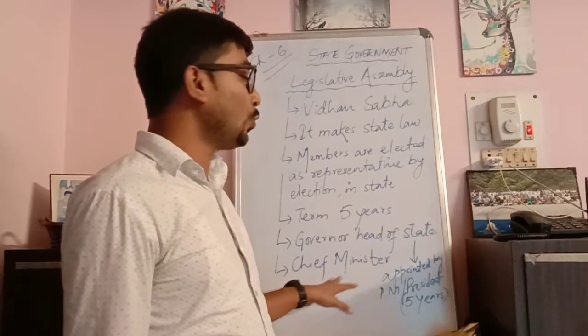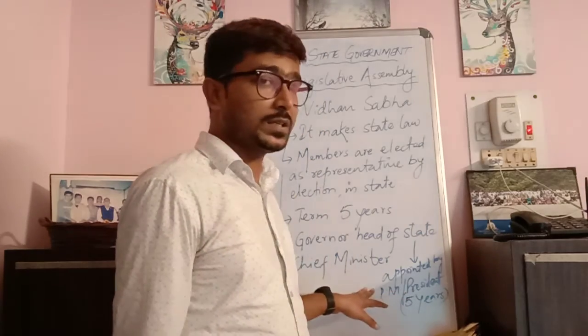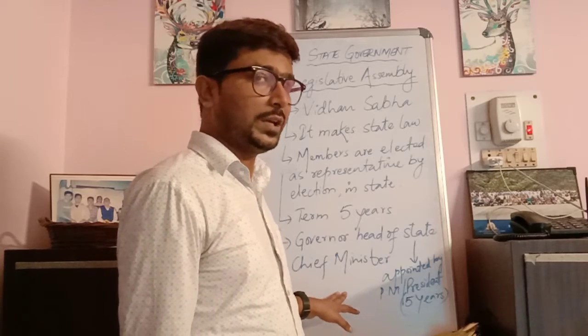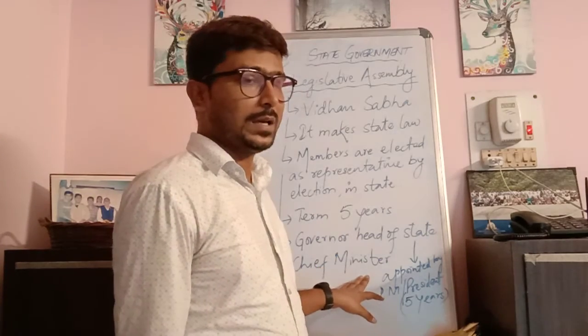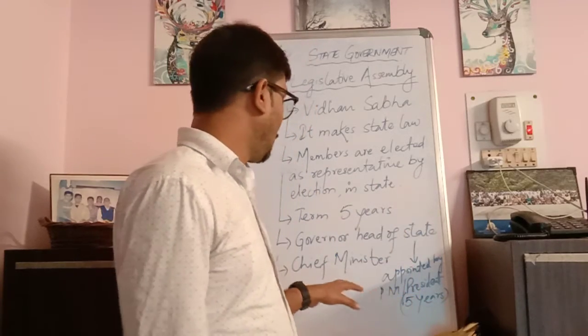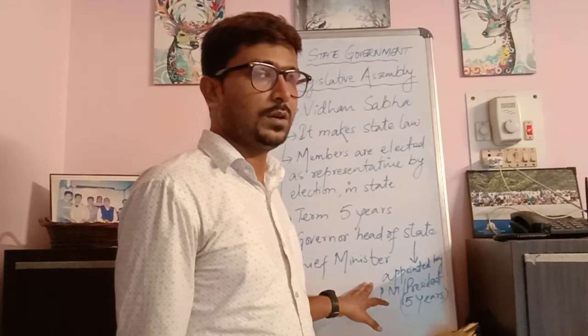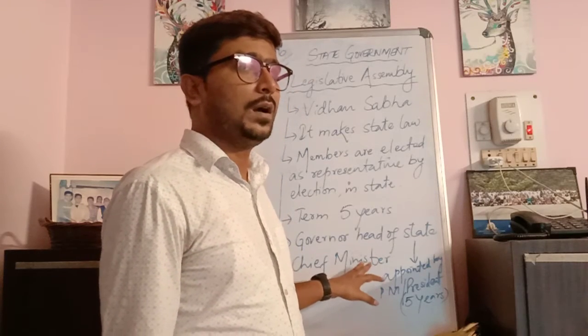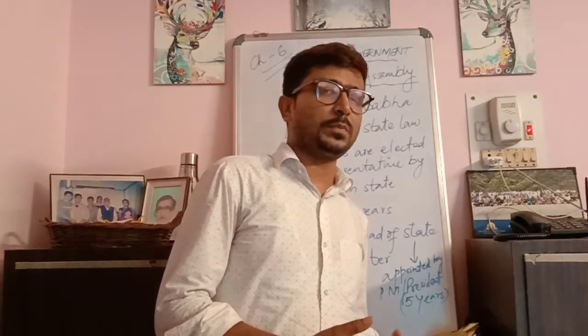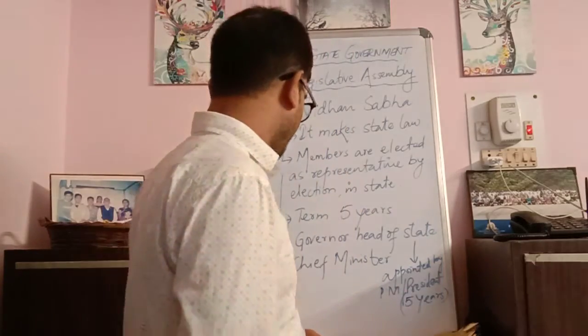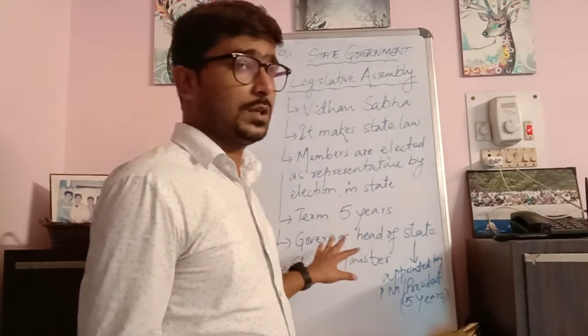The next question is who regulates the working of the government system. The government system of a particular state is taken care of by the chief minister. For the whole nation, it is the Prime Minister who is responsible. For a particular state, it is the chief minister who is responsible for the working of the state, and under him or her there are various ministers appointed who assist the chief minister in day-to-day activities. This is a brief overview of how a state legislative assembly, or Vidhan Sabha, works.